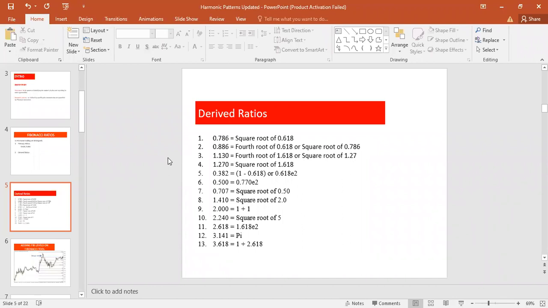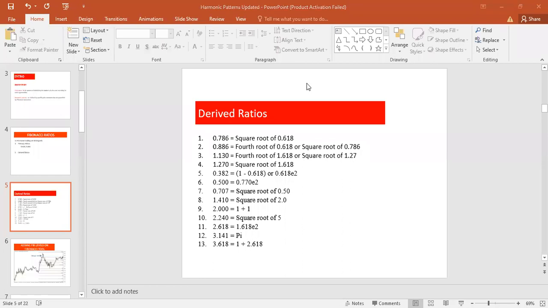But those who do not find mathematics interesting, don't get sleepy. Forget about this. Forget about square root of, fourth root of, square root of this, 1 minus 0.618 or exponential 2, and blah, blah, blah. Forget about that before it makes you begin to feel like this class is not for you. Whether you are a math student or not, all I want to let you know is that there are